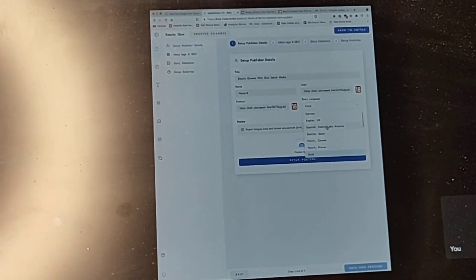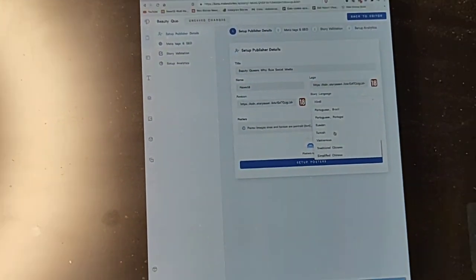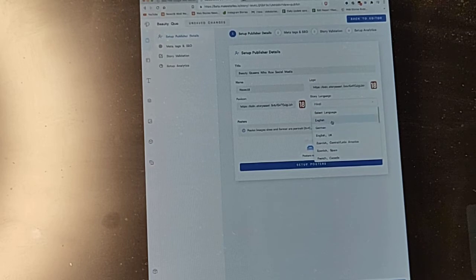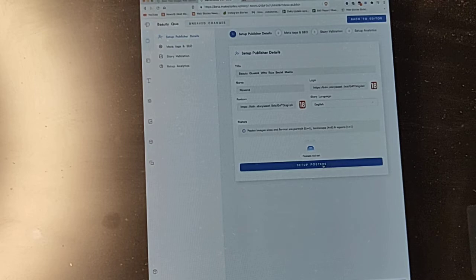Story language: you have to select the story language. Then set up posters.